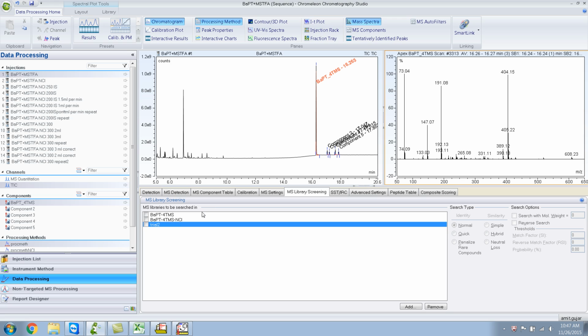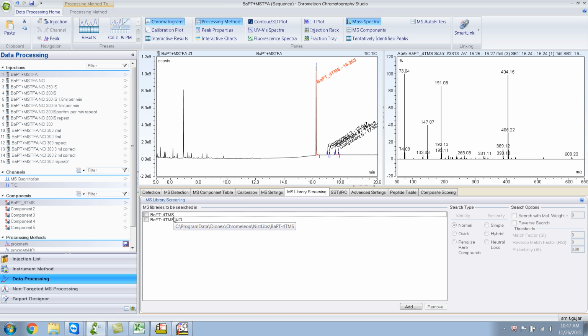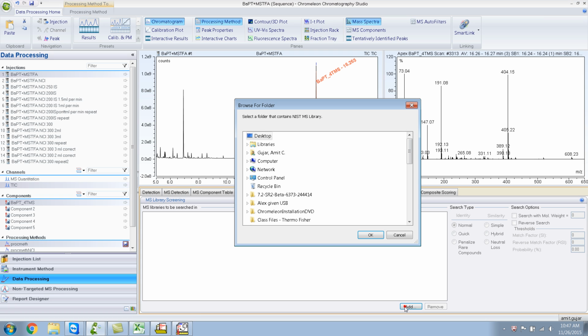Now let's go back to Chromeleon, and let me delete this so that you don't get confused, since there's already a trial 2 over here. So let me delete all of these. Let me delete this one also. I was just playing around with this before I created the video, so let me remove it. And now let's add the trial 2 library. Let me press add,